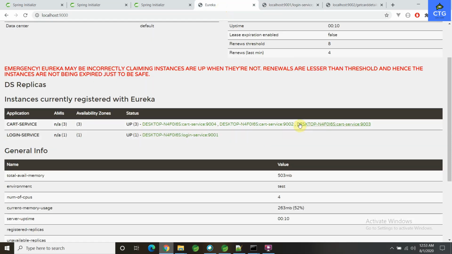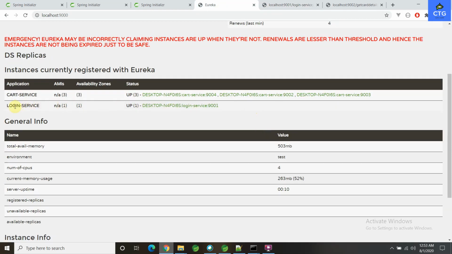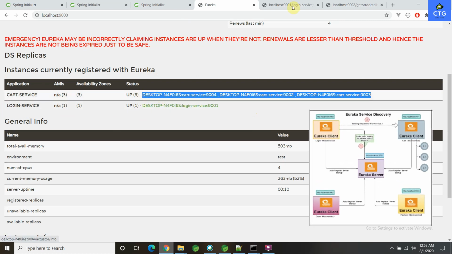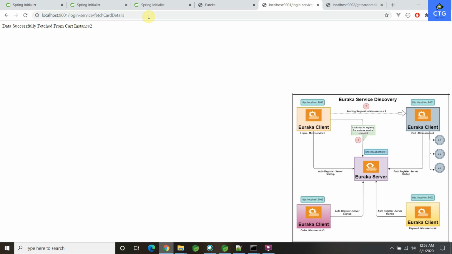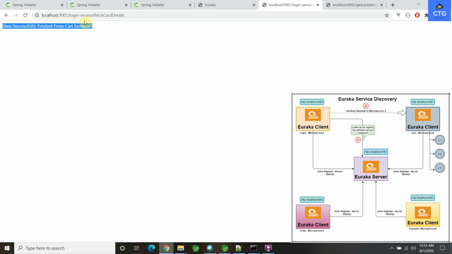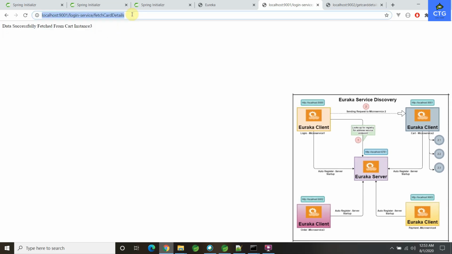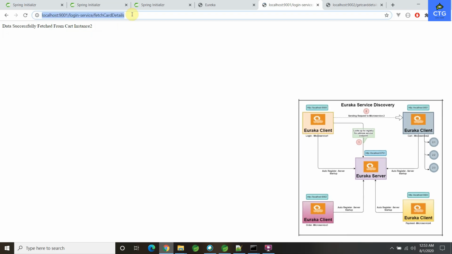You can see we haven't restarted the login service, but internally this login service makes the handshake with the Eureka server, gets the respective instance details, and sends the request to each and every application one by one. You can see it is communicating with all the instances: instance 1, instance 2, instance 3.